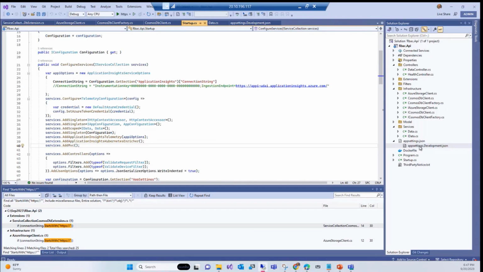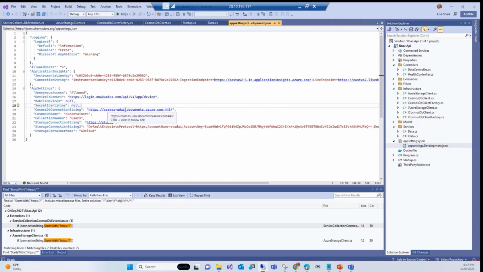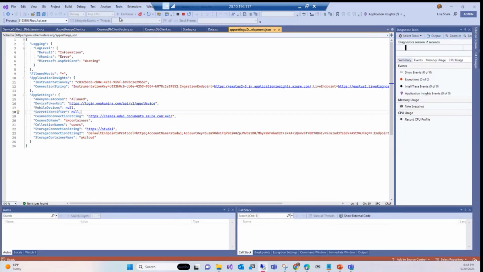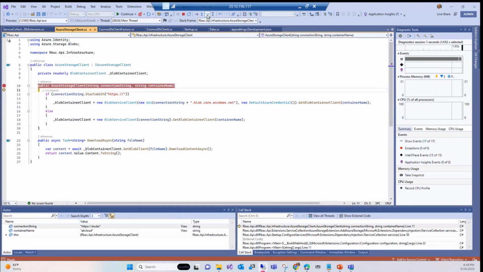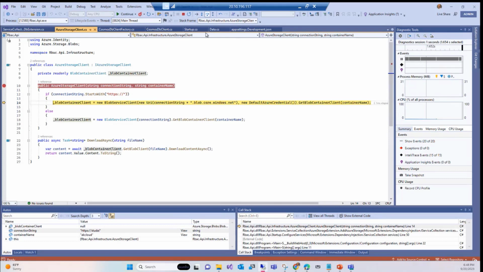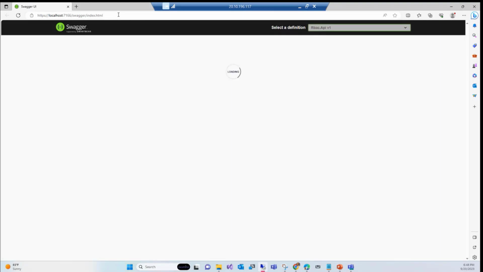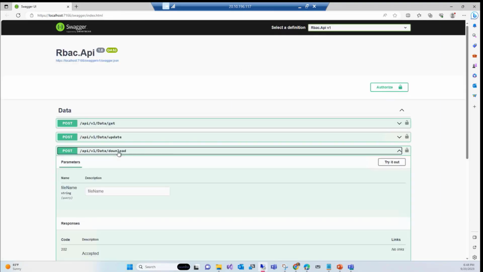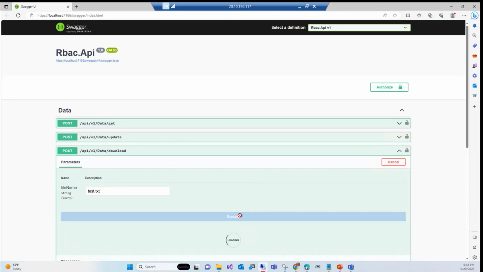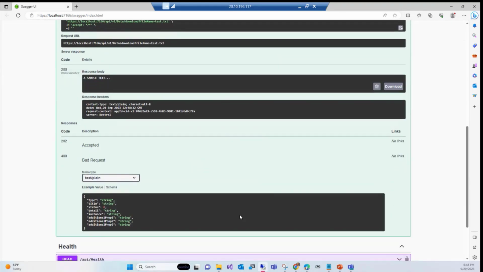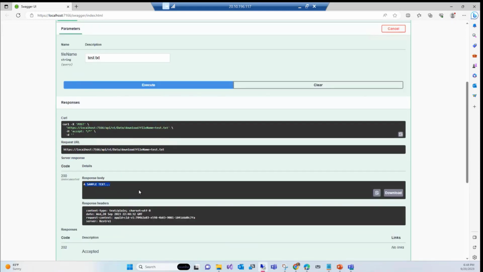So I'm going to break this by giving the... let's not break it. Let's run it. Okay, so if you look at it, it's coming over here. Yeah, we are into this RBAC based access. If you want to download a file, we have a file called, I believe, test.txt. At this point, nothing is breaking, right? We established the connection string and we're good to go. So here's the value, a sample text coming over there.